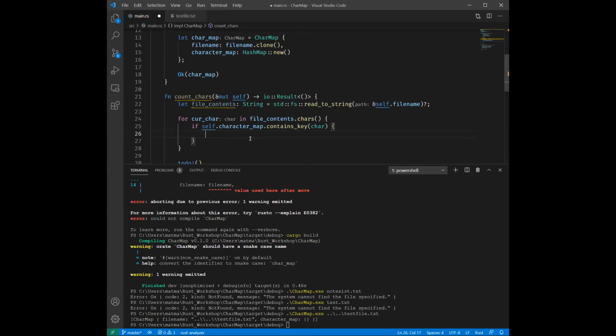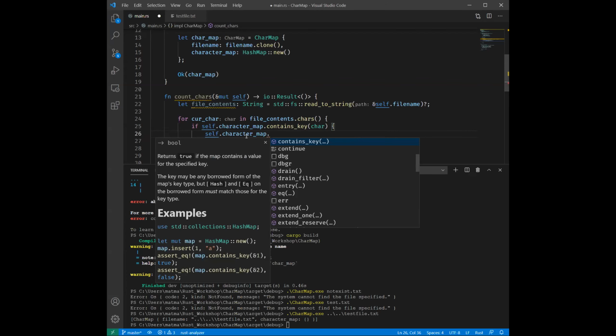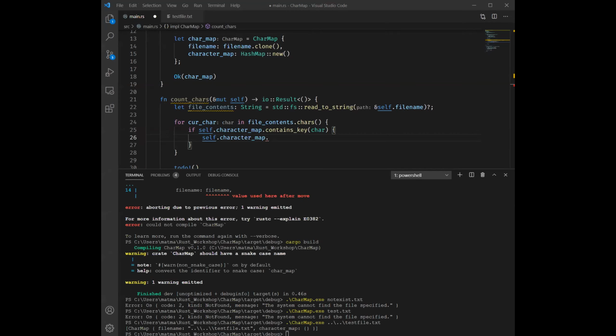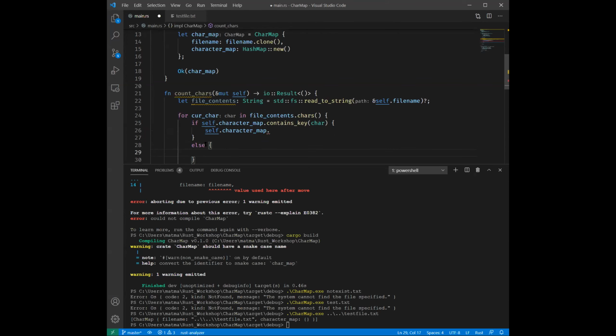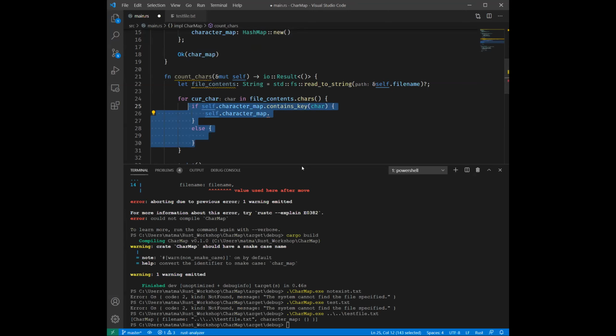So if it's there, we want to update the frequency. So I'm going to say self.characterMap dot the frequency. I can insert, where is it here in the documentation? The entry API. So what Rust provides is an easy way. As you can see here, the thing I was doing was kind of cumbersome, right? I'm checking if it exists and then I want to update it. Otherwise I have to create it, right? So I'd have an else clause here, where I have to insert the thing manually using the insert I was showing before. There's actually an easy API for getting past all of this,